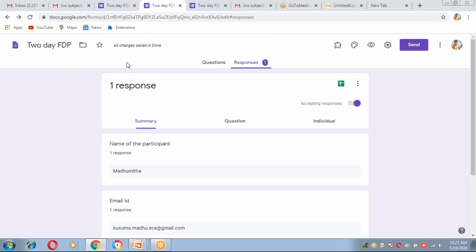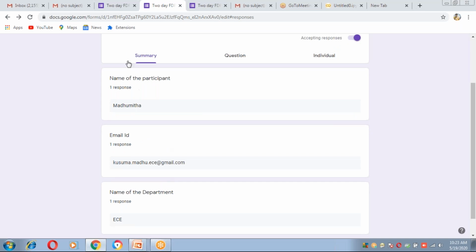It can be useful similarly for getting data from students for placements, such as how many backlogs they have and what the percentage is. Likewise, we can create many questions as per our requirement, and we will get the complete data.